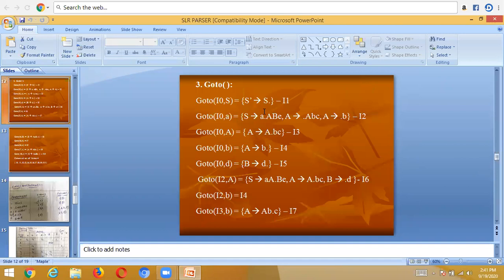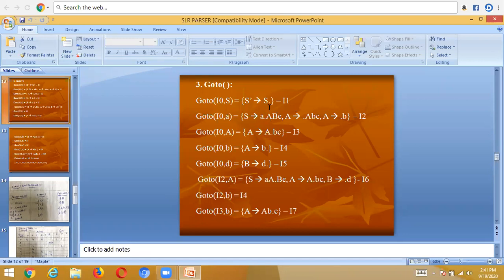I10 is a final state. Make it as an accepting state. And then from I0, to which state I need to process with which alphabet? That means here we have the answer just by taking the output from the goto computations. I0 with S goes to I1. That means by using a directed graph, I can represent the state-to-state transition.